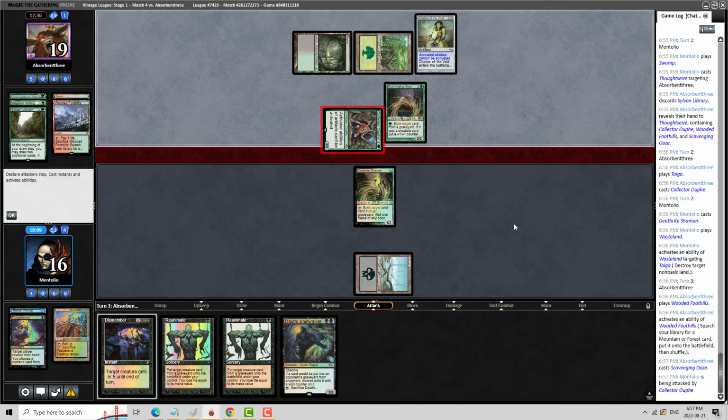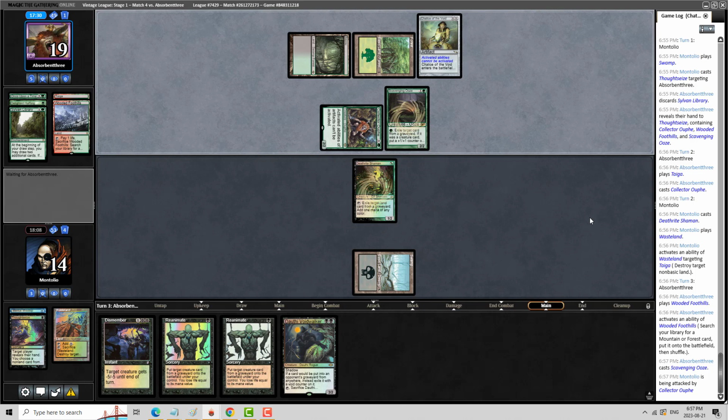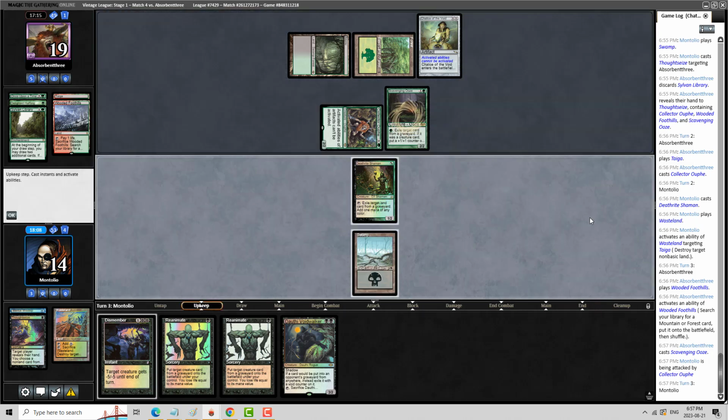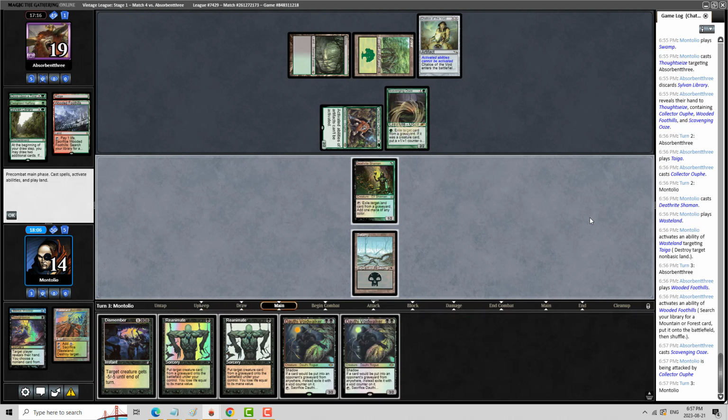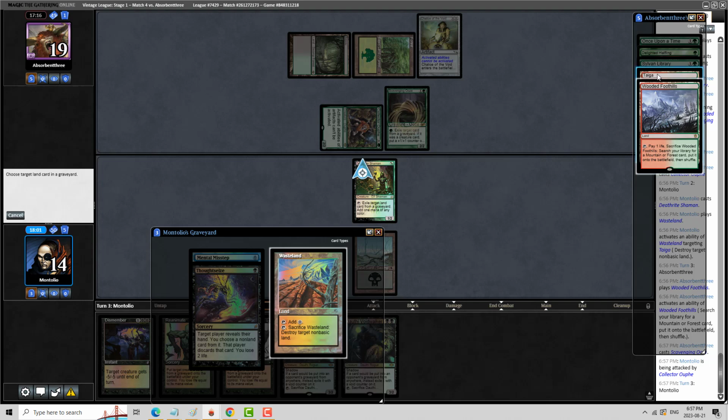I don't know. I really hate to Dismember one of these creatures because none of them really matter. I mean, certainly the Scavenging Ooze is going to get big, but it probably is not going to get there this turn. There's one creature in the graveyard right now. Yeah, I'm going to cast the Voidwalker while I can, because once that Ooze gets going...